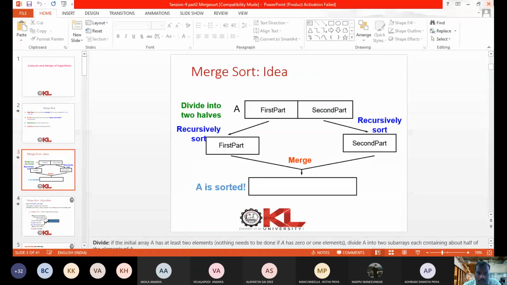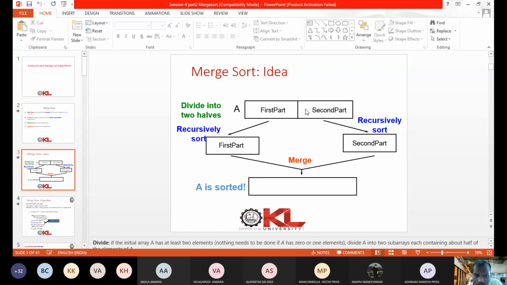If you see the idea of merge sort by using divide and conquer, here A is the array. First we divide the array into two equal parts. If n elements are there in the array, the first part contains n by 2 elements and the second part contains another n by 2 elements.